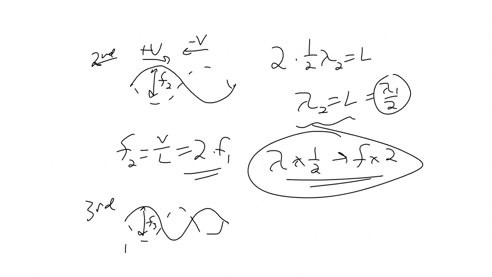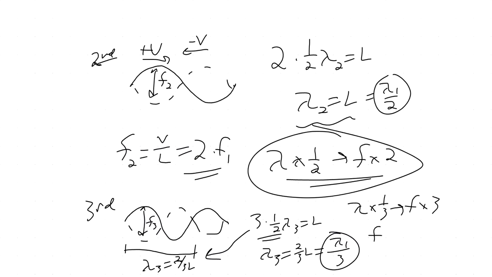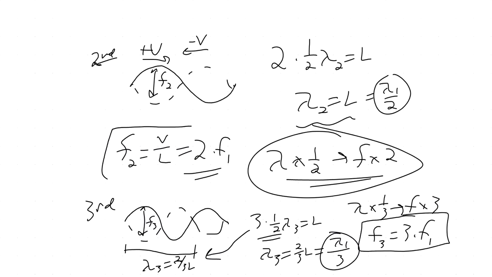What's the wavelength here? Clearly, the wavelength here is 2/3 the length, right? Which makes sense because 3 half wavelengths are in the length of the rope, right? So if I solve for lambda 3, I get 2/3 L, which is lambda 1 over 3. And if lambda got multiplied by 1/3, frequency got tripled. So therefore, the frequency of the third harmonic is 3 times the fundamental frequency. Boom. So for the nth harmonic frequency, what we get